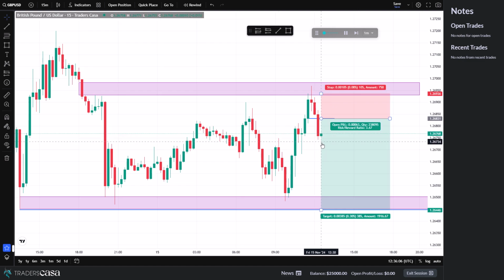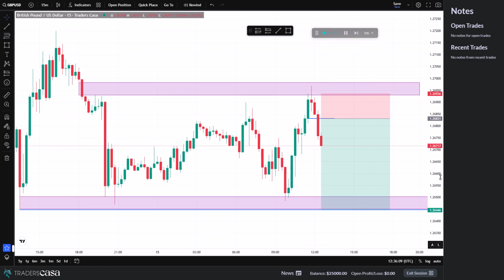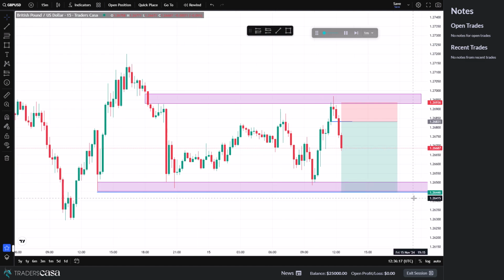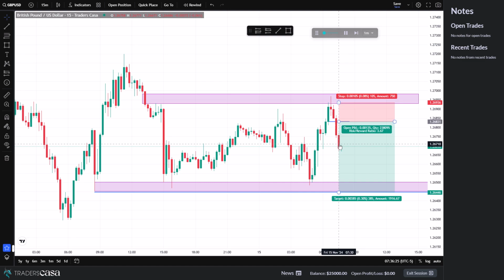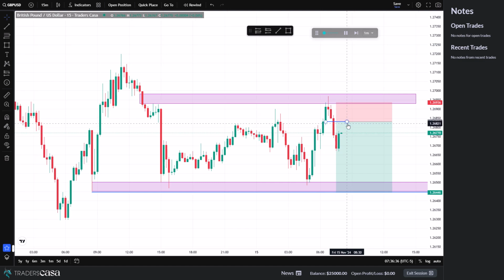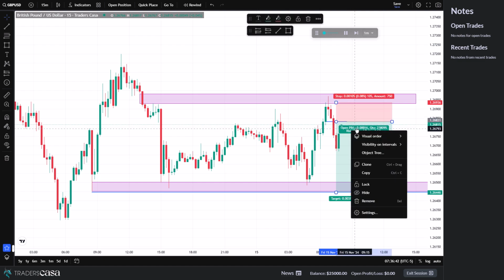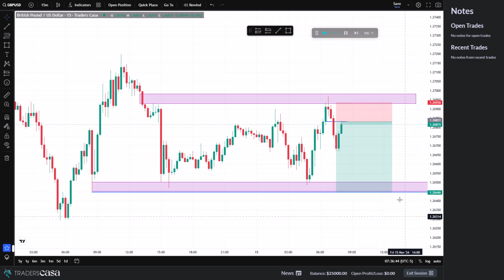Okay, so price has really closed below now. We're potentially going to create a fair value gap here as well. At this point, it's not yet on New York time. Let's change it to New York time. So at this point, it's 7:30. The New York session kill zone is about to begin at 8:30. Right there at the end of the blue line, we'll get the beginning of the kill zone,